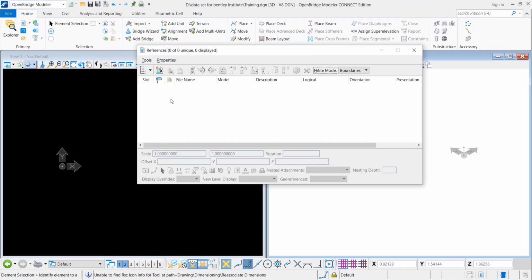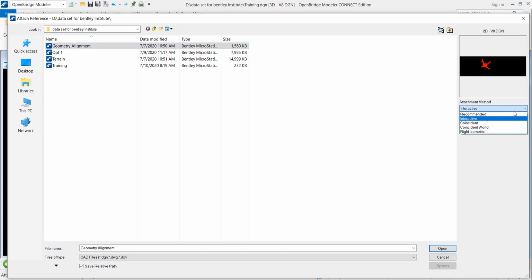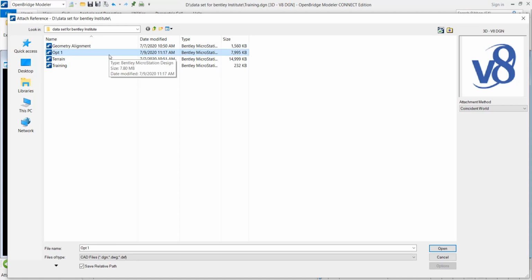So here this is the option for attaching a certain reference file. And remember, we'll start with our highway alignment, terrain and corridor model. So this geometric alignment, you can then set up with different coordinate systems. So we will use coincident world, right? And then the terrain model basically contains the existing data.